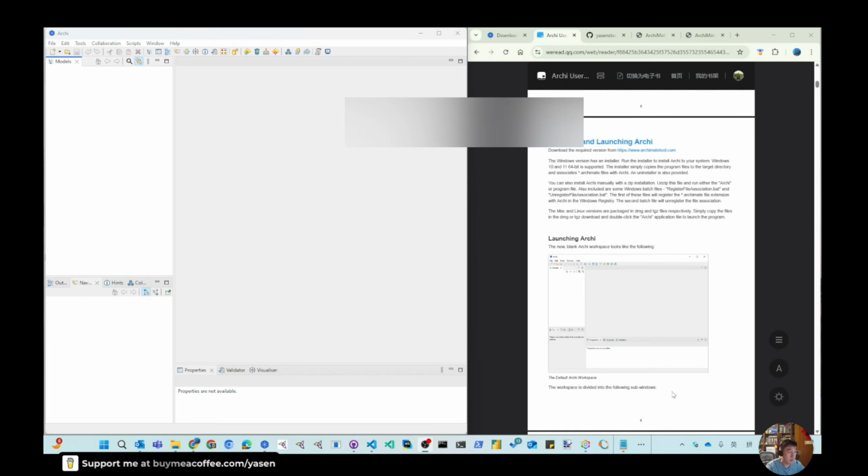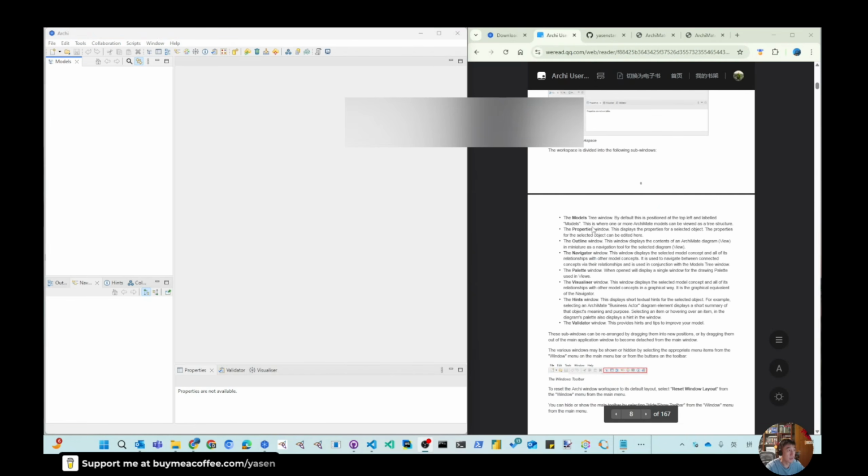The workspace is divided into these sub-windows: the model window, properties here, outline here, navigation here, and palette. If you don't have a new model, you don't see the palette, but we will have a separate section to talk about the palette and the visualizer, hints,